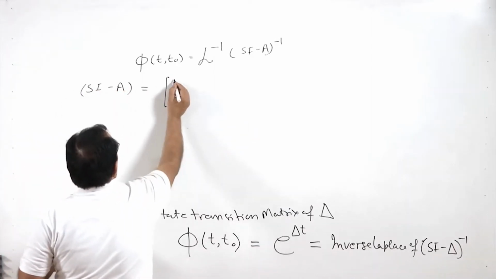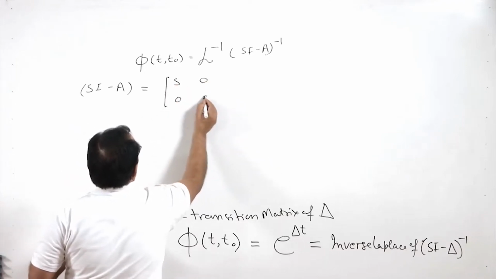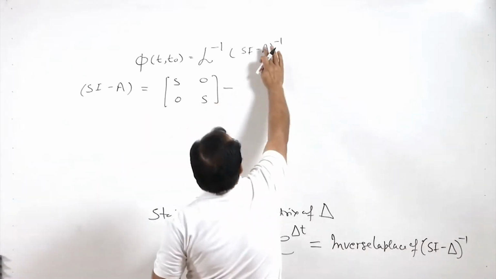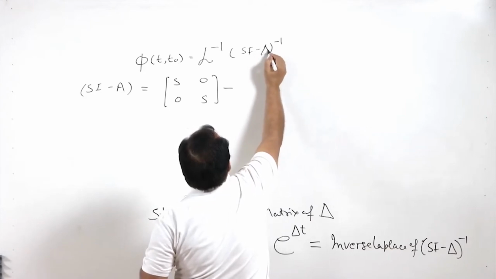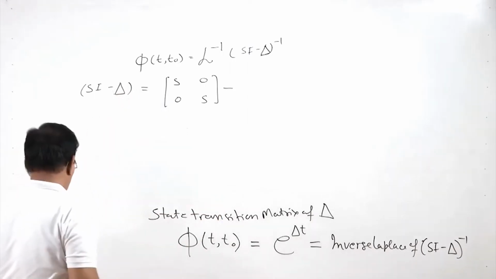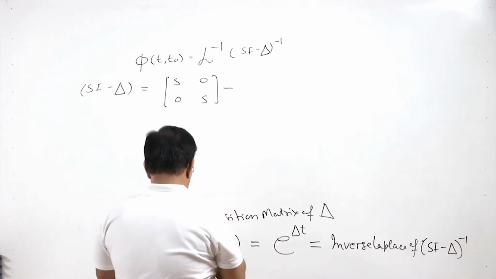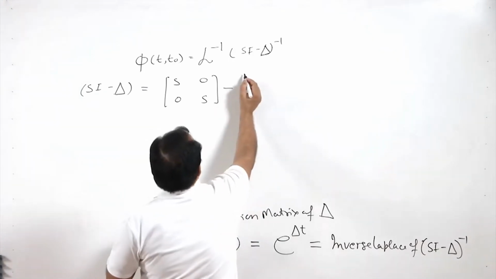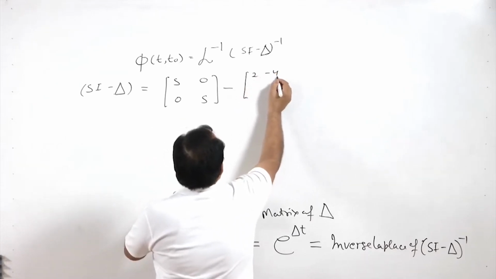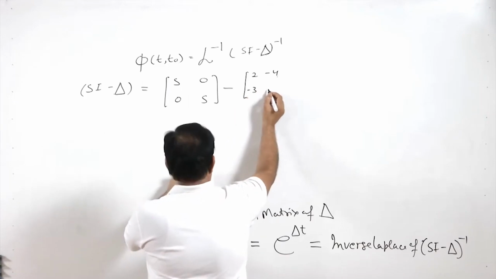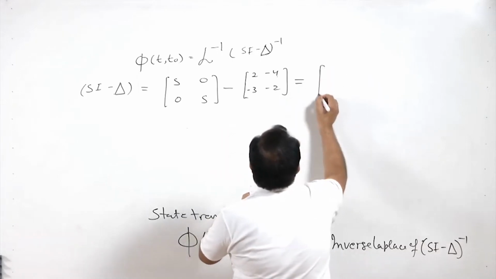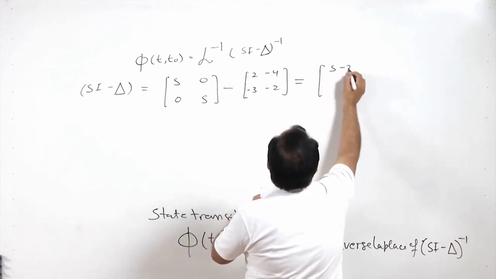So, this will be nothing but my S, sorry, it is not A, we are using SI minus delta. So, this will also be my SI minus delta which we are using there. So, SI minus delta, delta is 2, minus 4, minus 3, minus 2. So, if I write this, it is simply my S minus 2,